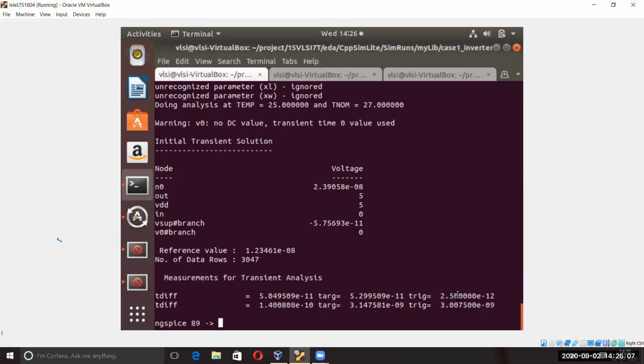Rise. For the first case, it is first rise then fall. So this is rise and this is fall. This is the first one, I think 5.049 times 10 to the minus 11. This is your result, actually, the propagation delay. So that will be TPHL, I guess, because in the first one the output is going from rising to falling. According to the statement, whether it's TPHL or TPLH, please try to understand this.